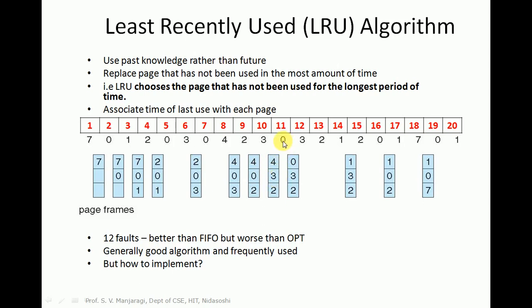Okay. Again we will look at the previous history. So 3 is the most recently used. Next 2 and 4. 4 is the page which is not used for the longest period of time. That page we need to replace here. So 4 is replaced with 0. The next page in the reference string is 3. 3 is already there in the memory. No page fault occurs. No replacement is needed.